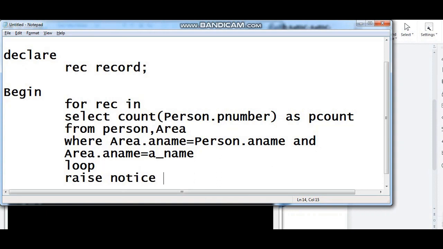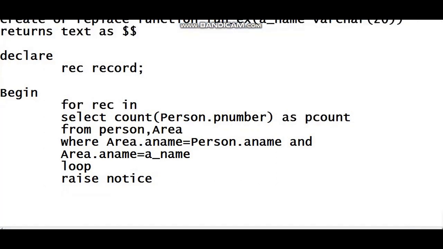If we have used dollar over here, then you have to write single quote. If you have used single quotes, then here you have to type 2 times single quotes. But I am making use of dollar over here, so here I am going to write dollar.